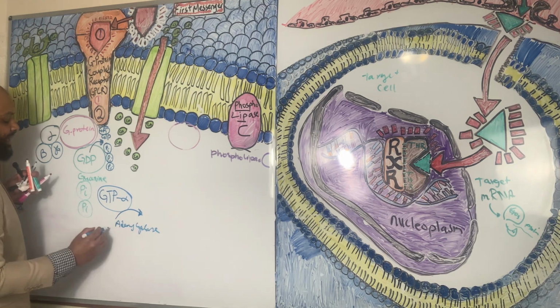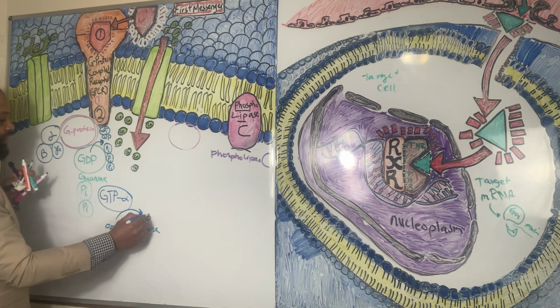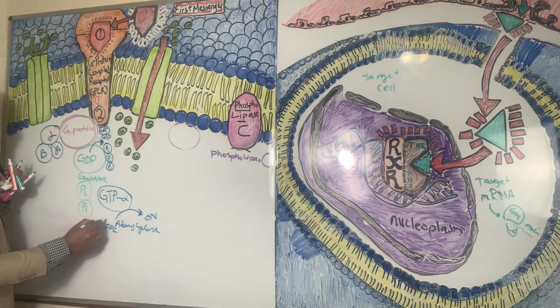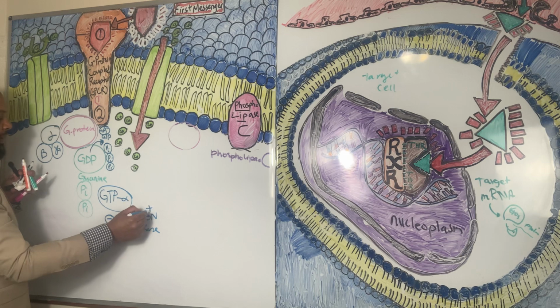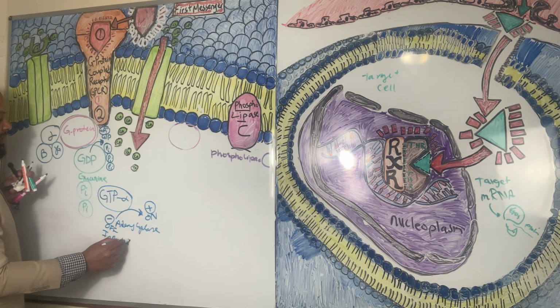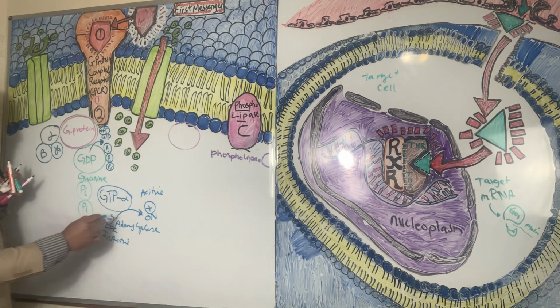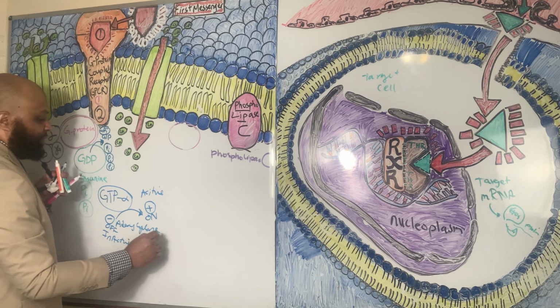And adenyl cyclase was off, but due to GTP alpha, it will be turned on. Adenyl cyclase was not working. Now adenyl cyclase is working. Adenyl cyclase was inactive. Now adenyl cyclase is active, is activated. Adenyl cyclase will go and will turn for us